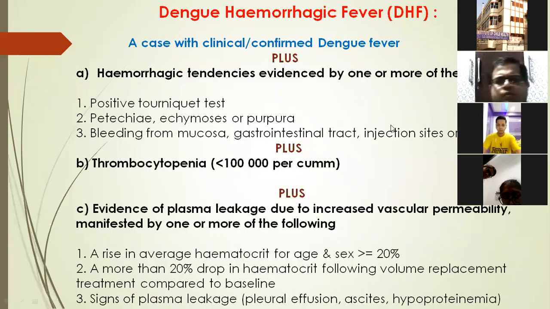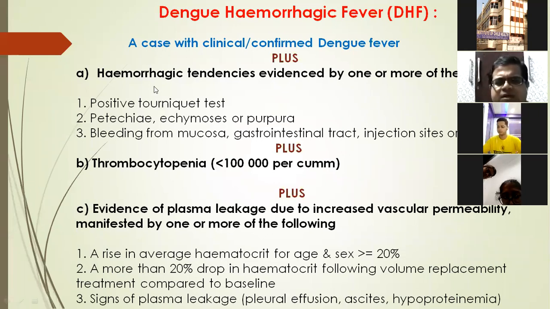Before this, you need to know about dengue hemorrhagic fever. So what should be the definition of dengue hemorrhagic fever? It is a case of clinically confirmed dengue, or take it as a laboratory confirmed dengue. What is the indicator of laboratory confirmation? As Aniruddha told yesterday, take it as dengue fever with NS1 positivity by doing an ELISA test, plus all these 3 should be fulfilled: A, B and C. Any one of A, B and any one of C.